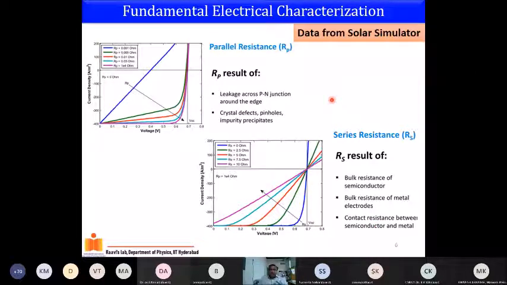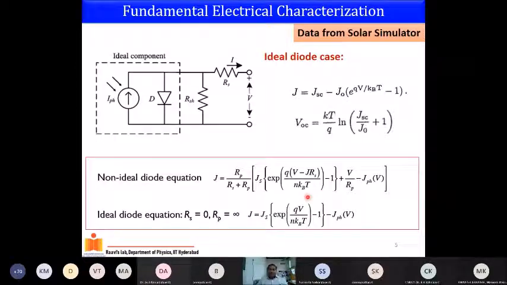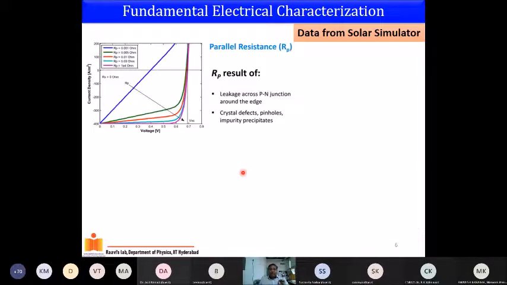So how do I get all these things? The answer is simple. You have your JV curve, which you get from the experiment. You fit this J versus V. J and V are known, Js is also known, for Rp and Rs. And by fitting it, you end up getting the value of your series resistance and your parallel resistance. And then you can use this to understand what could be the main issue.